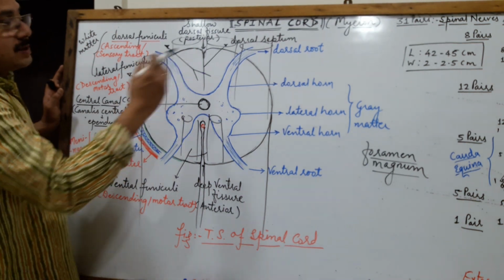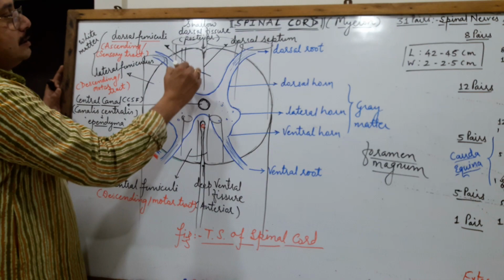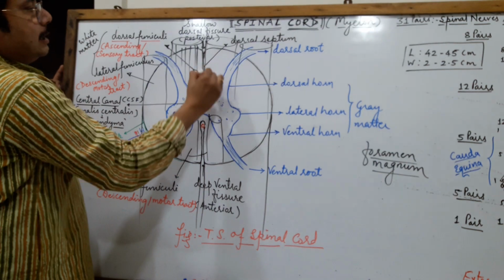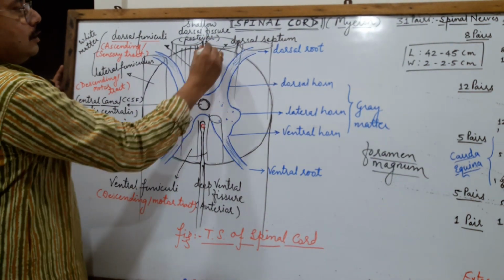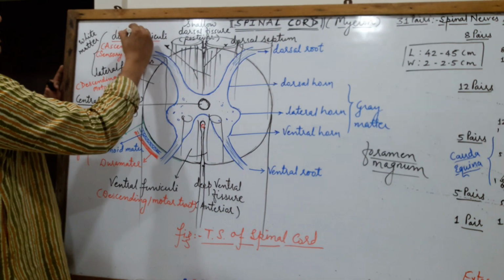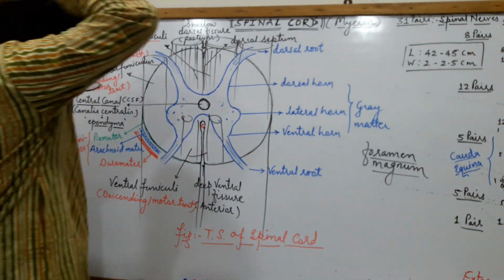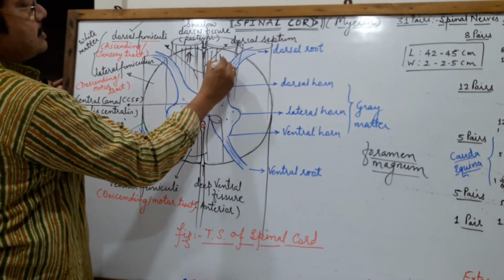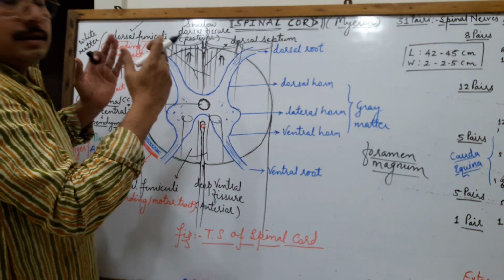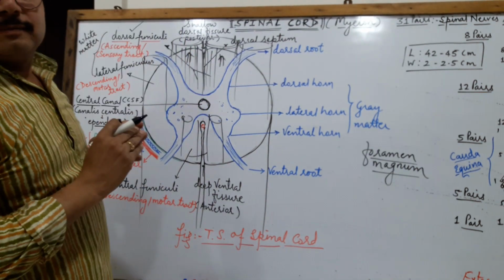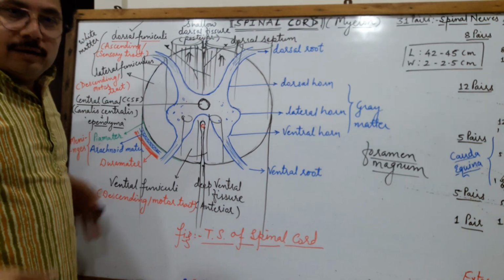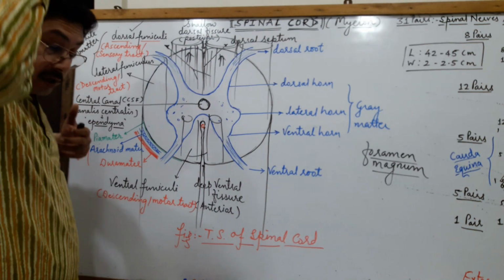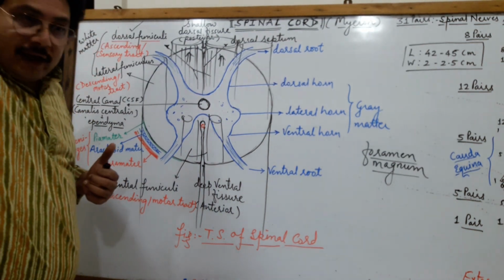And here these columns of the medullated nerve fibers are called the funiculi. It is the first column, then the second column, and these 2 columns towards the dorsal side are called the dorsal funiculi. These dorsal funiculi form the ascending tracts, ascending upward, carrying the sensory impulses towards the brain, which are ultimately collected from the lower half portion of the body. That means from the trunk region, the sensory impulses are conducted towards the brain from these dorsal funiculi.